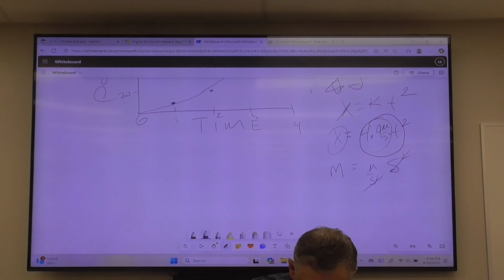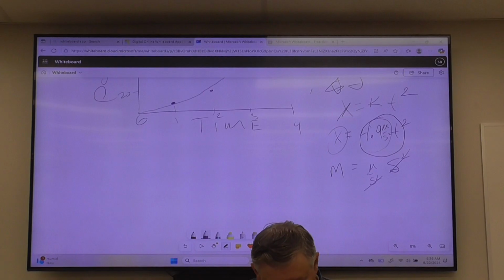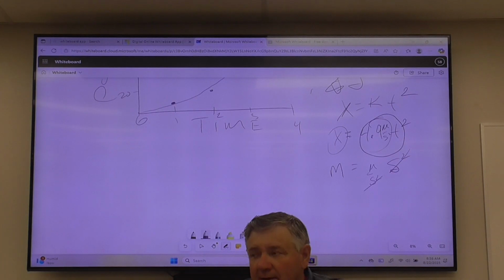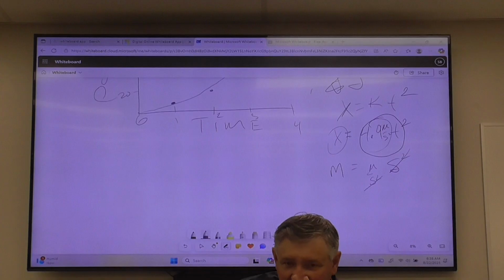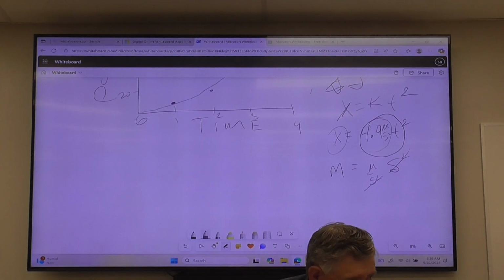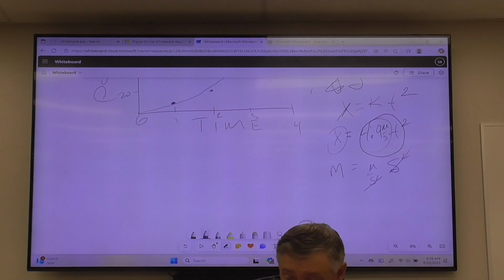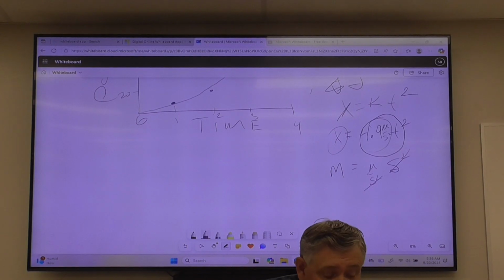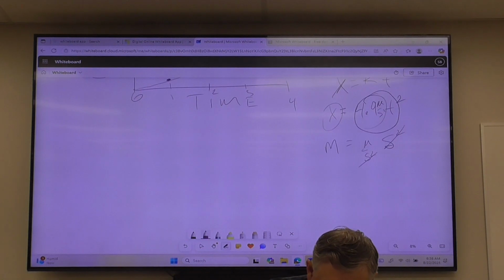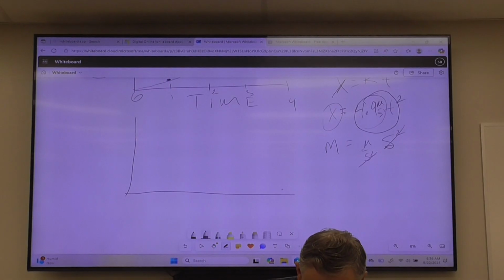Now, here's the next question, and this is a huge if. When you get to question 15, I typed this up in big bold letters, I said if, and this is a huge if, the graph had been linear. It's not. That's why I said if the graph had been linear. What physical quantity would be represented? So if it had been a linear function,